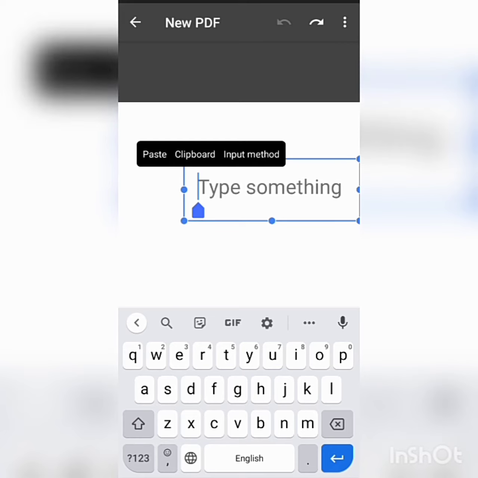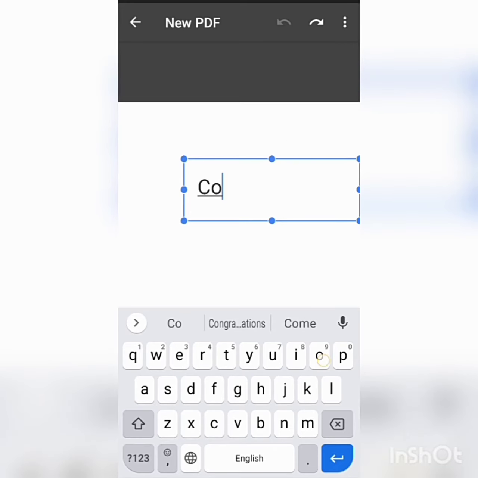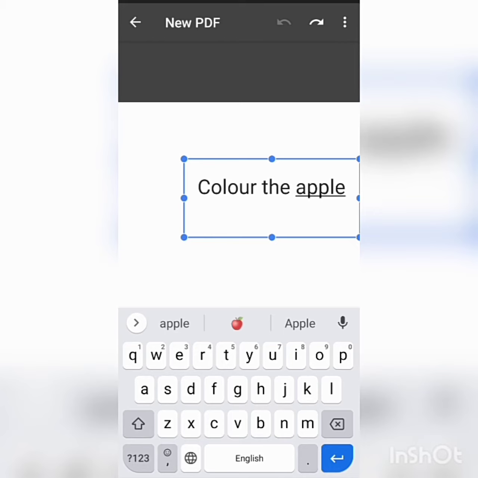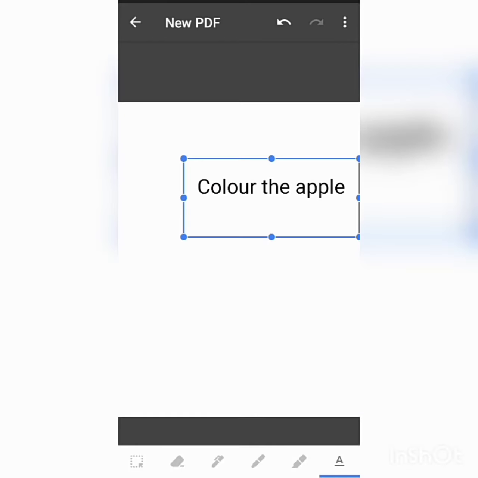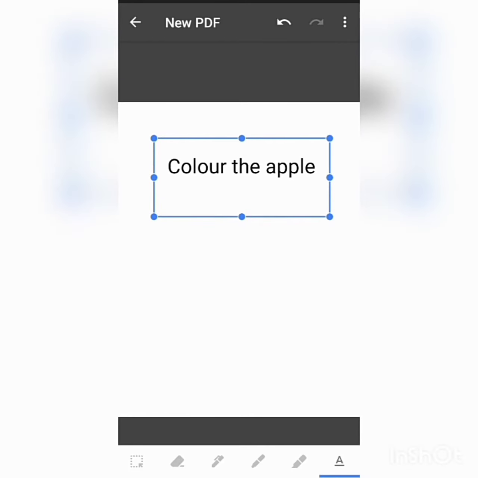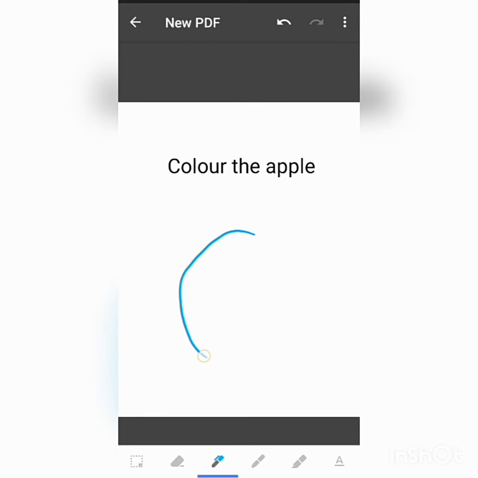I'm going to write, color the apple. Now adjust it at the center. Now I'm going to draw one apple. You can choose the color too. So I've taken blue. I'm going to draw one apple and let the children color it.